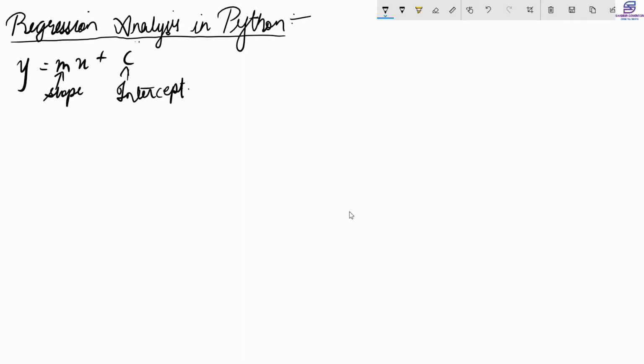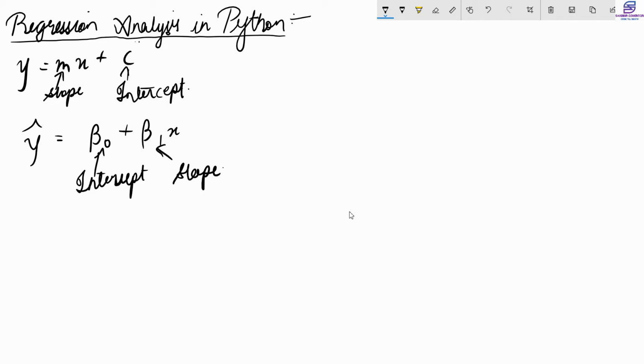So from this same equation we get the equation for linear regression. The equation for linear regression is y hat is equal to beta 0 plus beta 1 x, where beta naught is the intercept and beta 1 stands for slope.